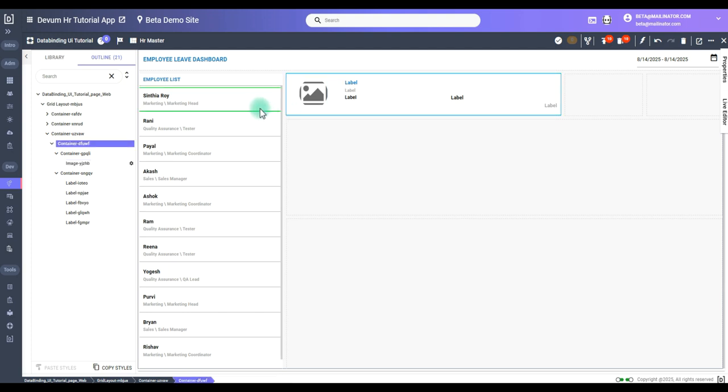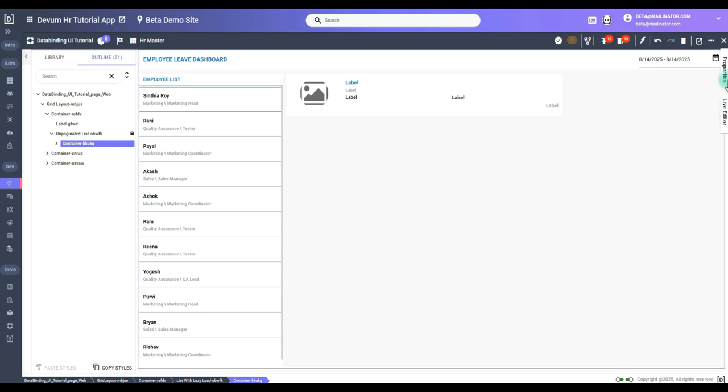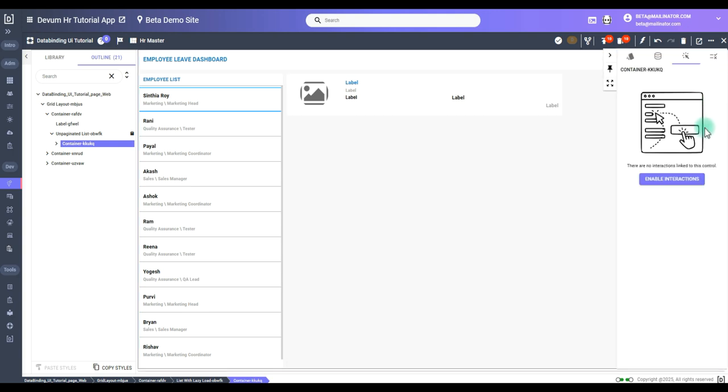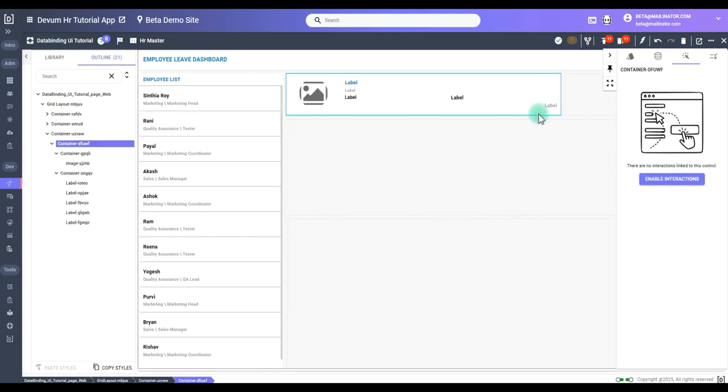as shown here. Now, let's select the container located under our unpaginated list. This is the component we'll use to trigger the data binding event. Once selected, navigate to the Properties panel on the right-hand side. The key to linking our list to the Details container is enabling an interaction. We'll configure an on-click event that will pass the employee ID from the list to this container, ensuring we display the correct information. This ID will then be used with the getByID method to fetch and display all the details